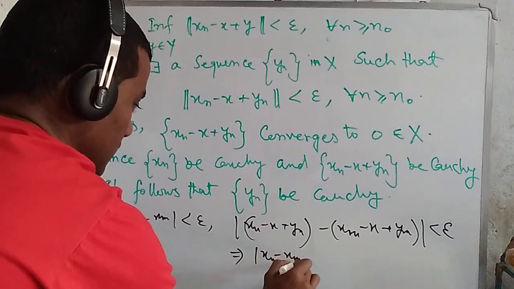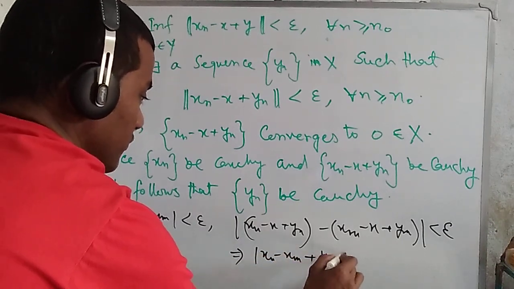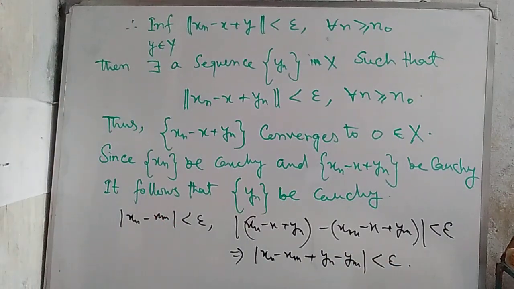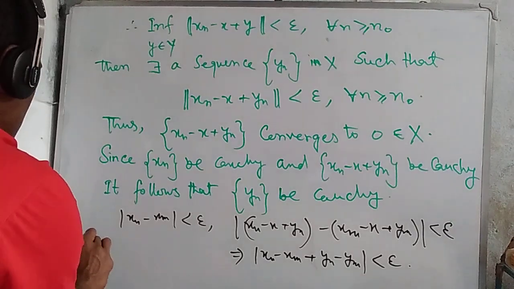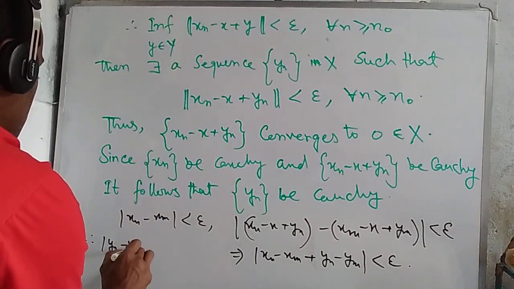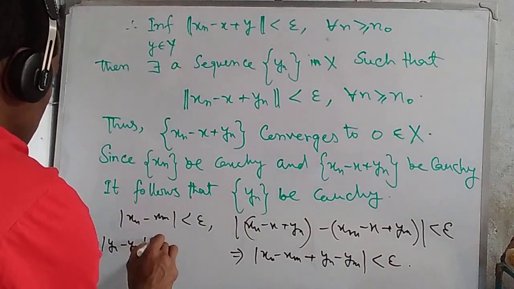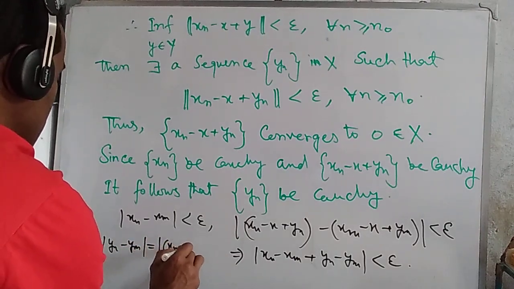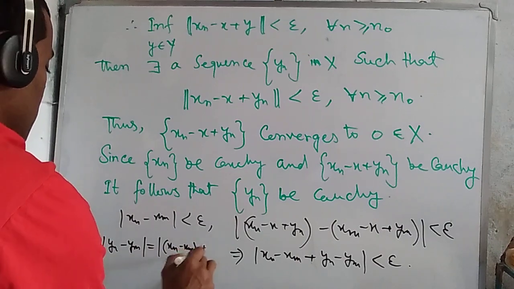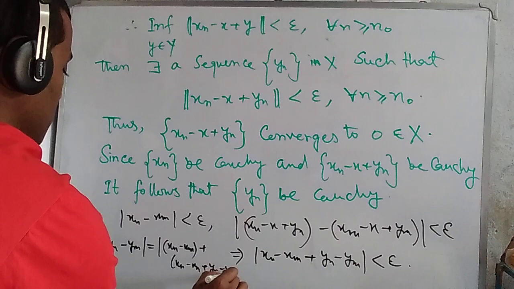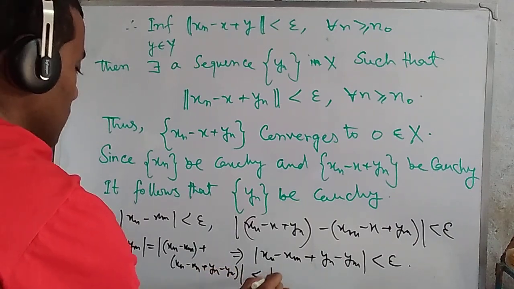‖xn − xm‖ + ‖yn − yn‖ < epsilon. So if we write it this way, ‖yn − ym‖ is less than or equal to ‖xn − xm‖ plus ‖xn − xm + yn − yn‖, and this is less than or equal to